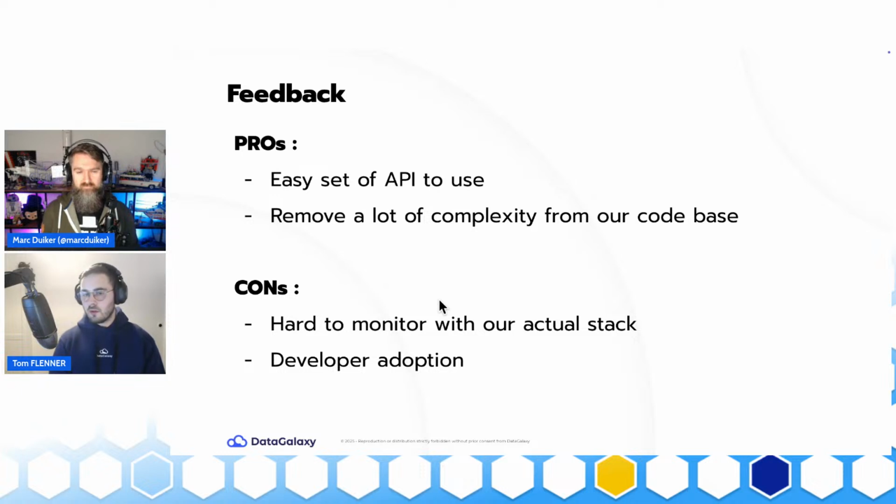As I mentioned, for example, the resiliency policy and the dead letter queue are really easy to implement. The routing also for events, because for specific events we do some specific targeting on handlers in .NET code that are directly written thanks to the Dapr API. So we don't have to handle this in pure C# code. We can use the CEL language to do that. So it's perfect. On the cons part, we find it kind of hard to monitor with our actual stack.